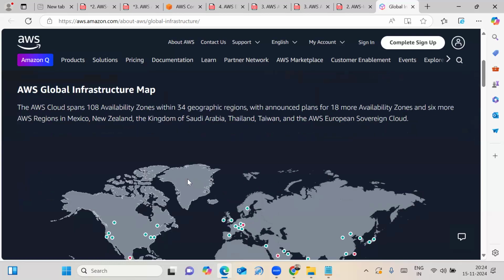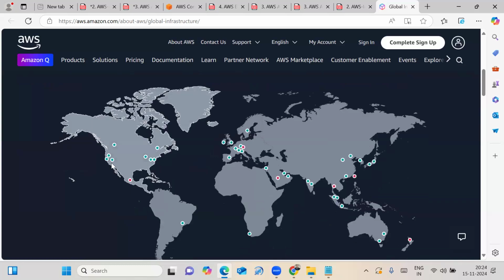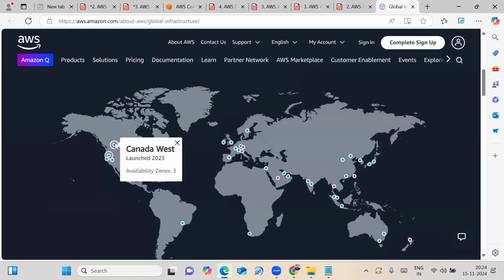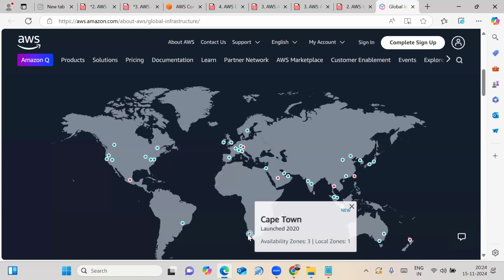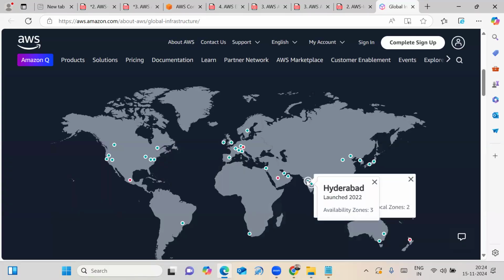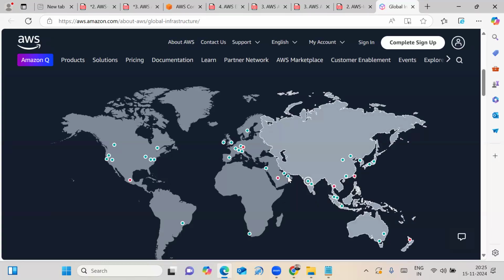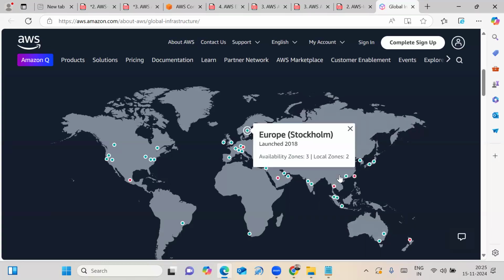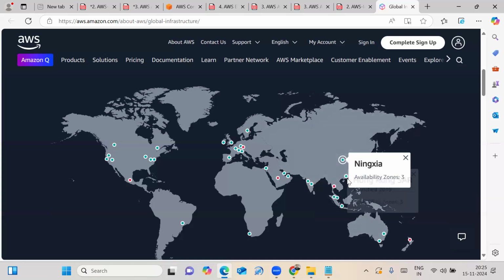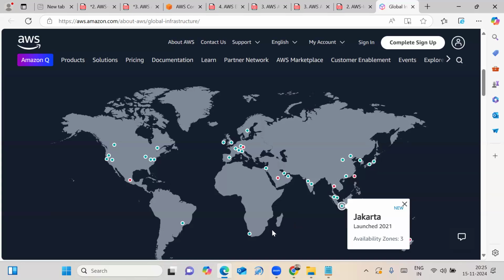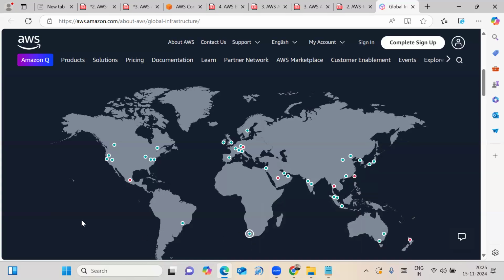If you scroll down here, the green color circles represent already existing regions. See here, in India, the Hyderabad region is there, the Mumbai region is there. In this global infrastructure, the green circles represent existing regions.